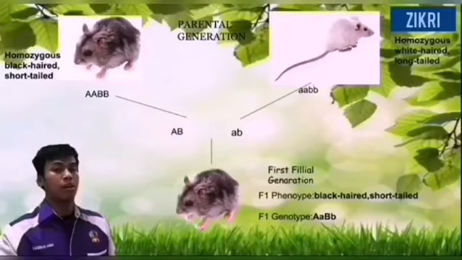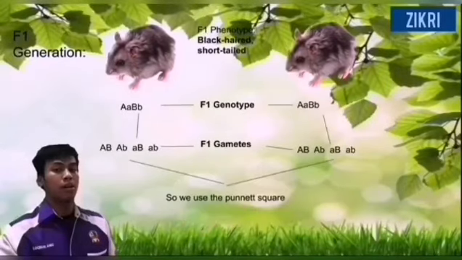After the gametes of the parents cross, we get the first filial generation. The first generation phenotype is black-haired and short-tailed. For your information, phenotype is the observable physical properties. Then the first generation genotype is uppercase A, lowercase a, uppercase B and lowercase b. Based on the genotype of the first generation, we can see that the presence of one dominant gene is enough to express the phenotype. So this is why the first generation mouse is black-haired and short-tailed. In crossing the first generation, which have the same phenotypes, same genotypes and same gametes,